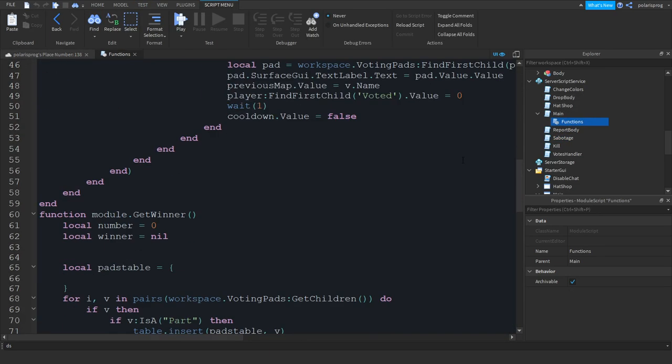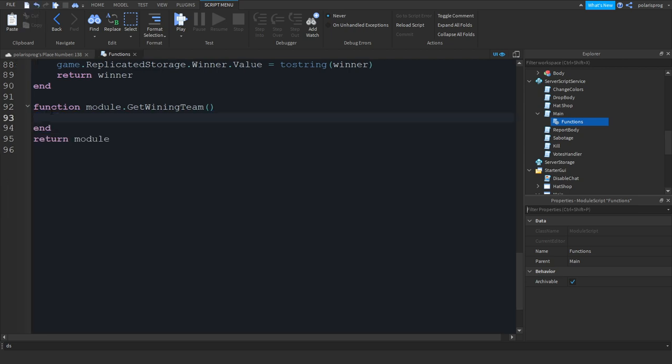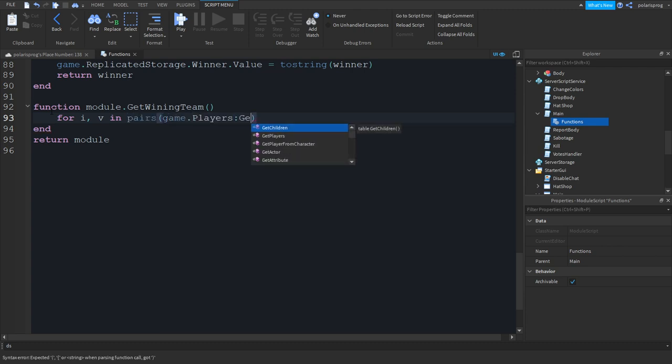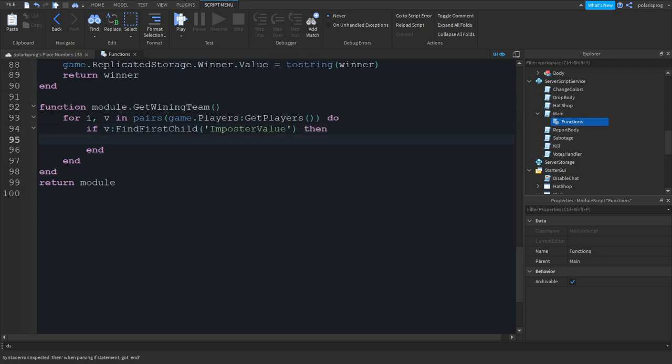I just remembered. Just go inside of your function, get to winning team, and just remove this for loop, and we will create a new one. So for i, v in pairs(game.Players:GetPlayers()) do, if v:FindFirstChild("ImposterValue") then game.ReplicatedStorage.Imposters:FireAllClients(v.Name),